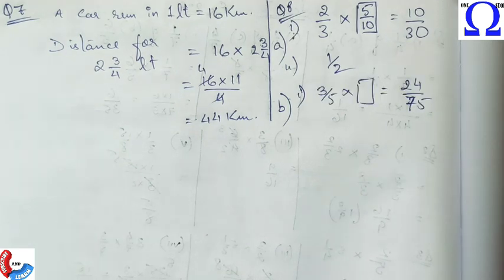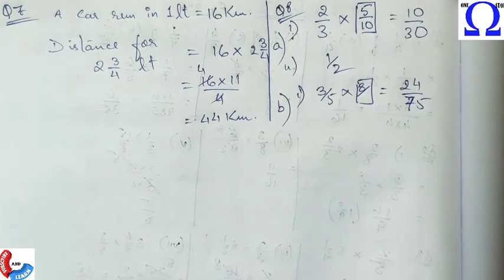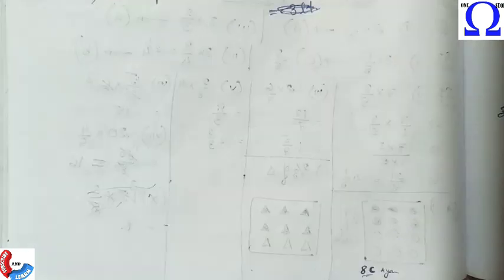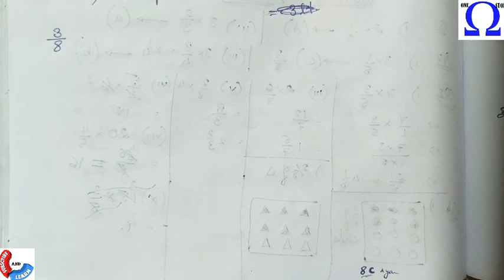Similarly we can do the next part. So 3 will be multiplied with what? And 5 should be multiplied with? Okay. And we know that this is the simplest form and there is nothing to be simplified. So one of my students was asking about the division of this kind of fraction. So let me just quickly show you that. You can skip if you know this. I think we have done this in class 6 or 5 maybe.